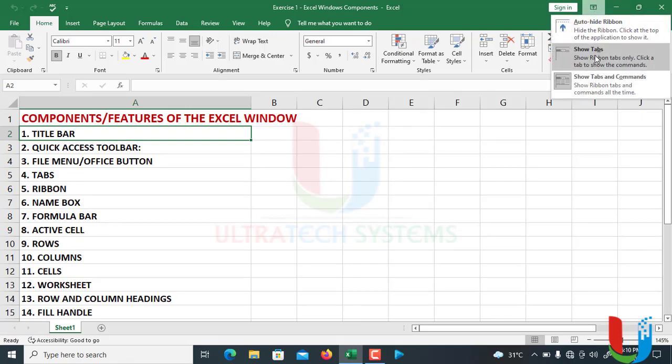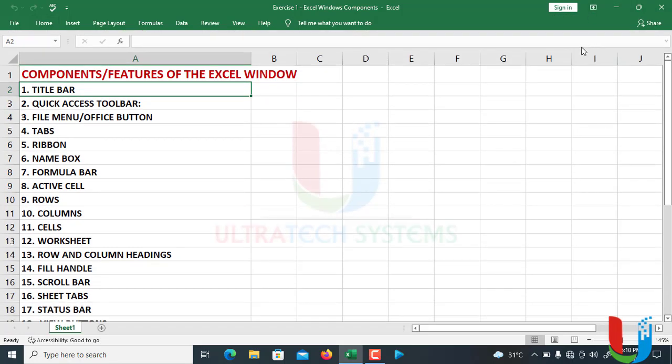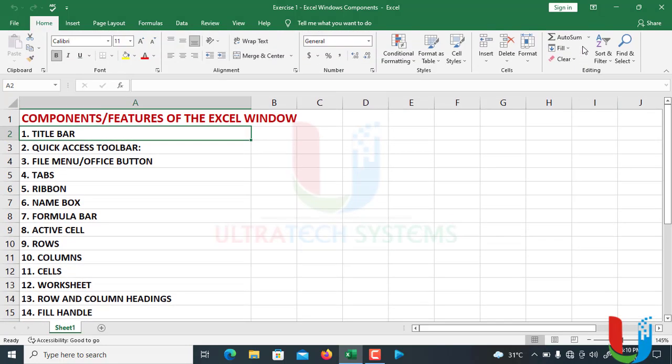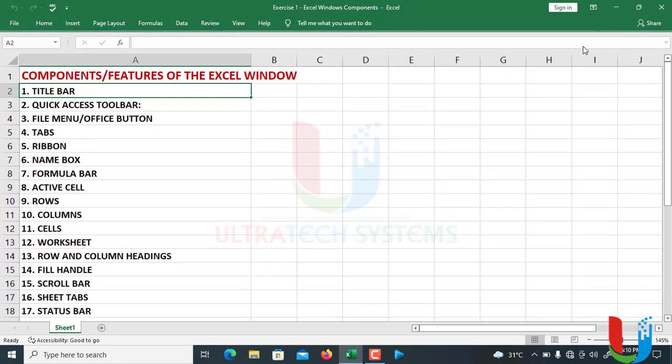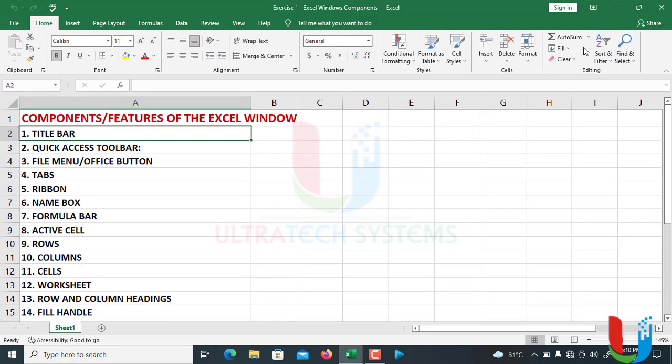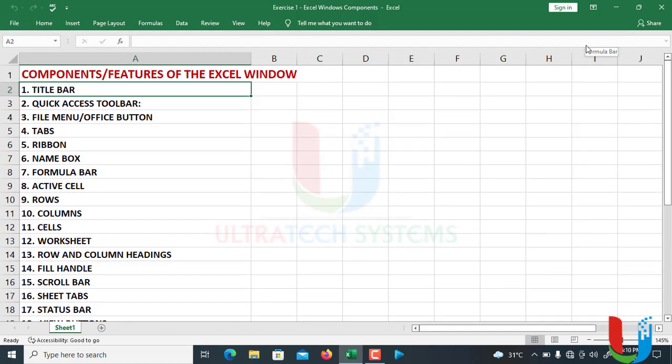Here you can just say show tabs, and the keyboard shortcut here is Ctrl F1. If you press Ctrl F1 on the keyboard, you will minimize and restore the ribbon, or you collapse and maximize the ribbon. So you press the Ctrl key. On the upper row of your keyboard you will find F1, F2 after the escape. You find F1, F2, F3. So you press the Ctrl key, you press F1, and there you will find that. Okay, so now we move on to the next